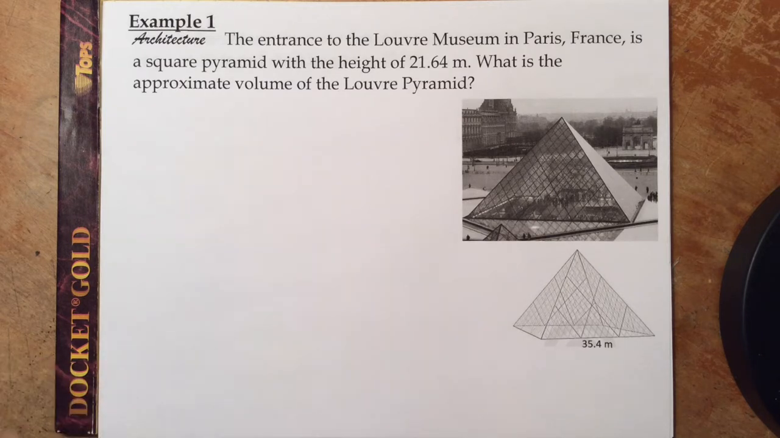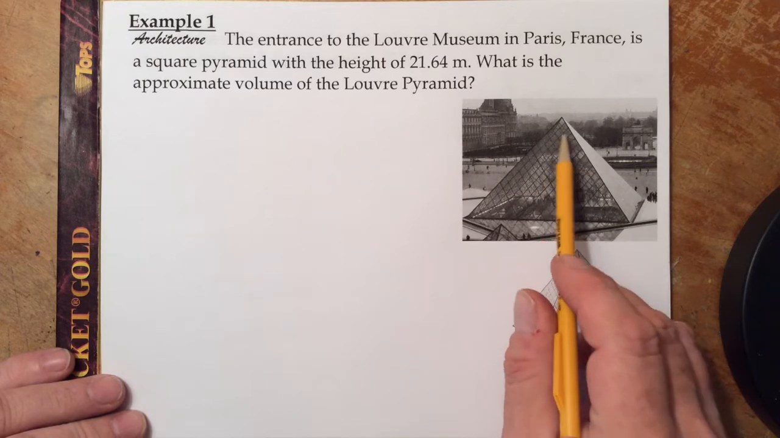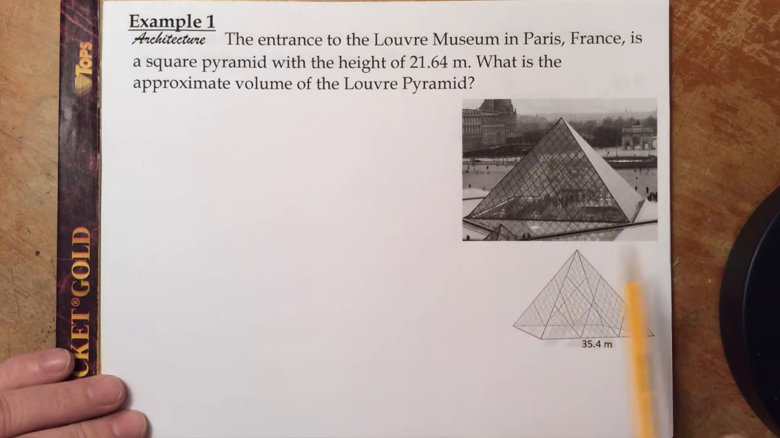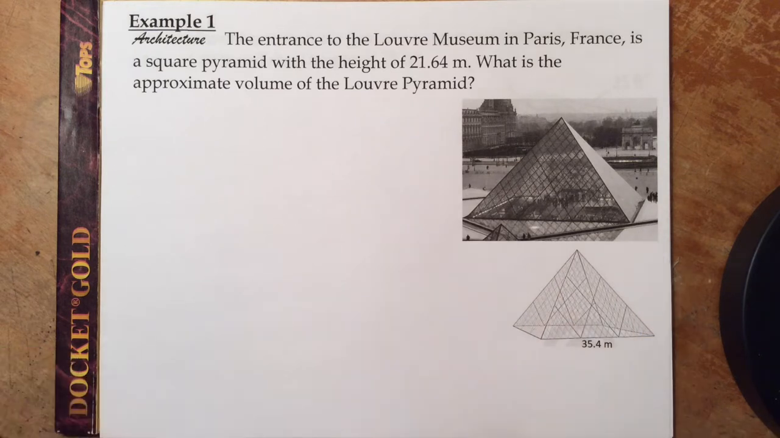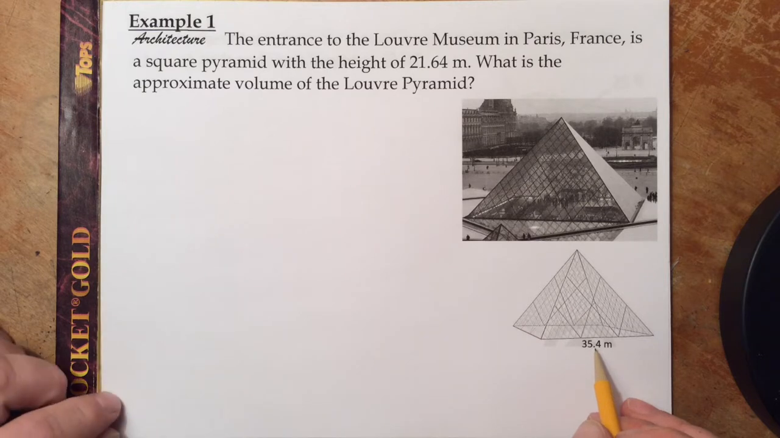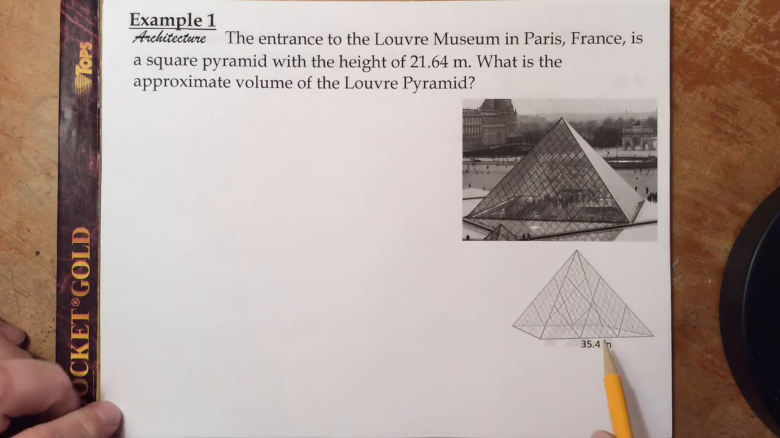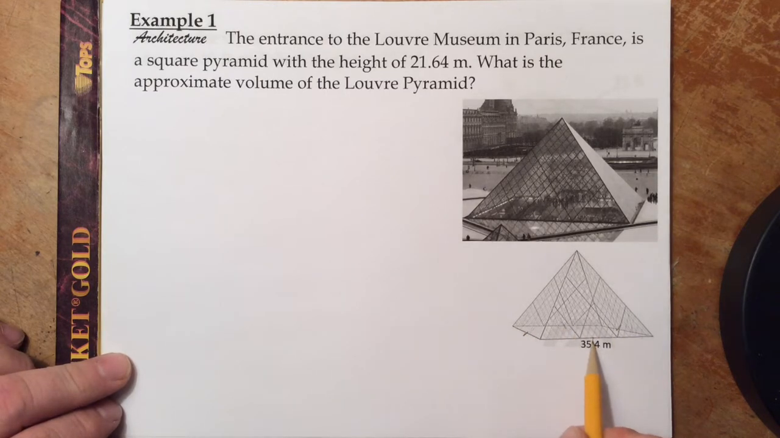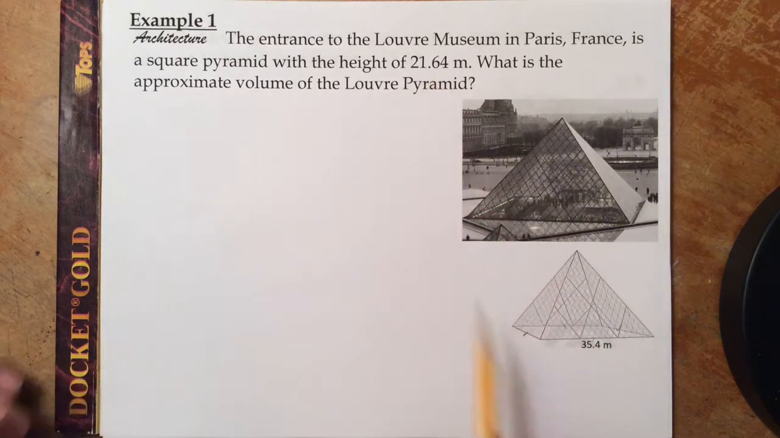Okay, so we're looking for the volume of this pyramid. Maybe they want to know how much AC can fill up the inside of the pyramid museum, something like that. And here's a model of the Louvre below the photograph of it, and they said it was a square base, so this is one side, so all four sides are congruent, and they tell us that the height is 21.64